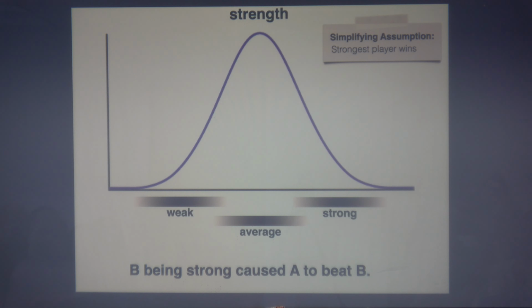What about B being strong? How likely is it that B being strong would cause A to beat B? Again, we draw a strength for B, conditioned on B being strong. But now when we draw A, we know A beat B, so A has to be even stronger than B, which means A has to be quite strong. Now when we do the counterfactual and ask what if B had not been strong, basically in all those cases B is going to be weaker than A and lose. So it's just not the case that if B had not been strong, A would not have beaten B. That probability is going to be very low.